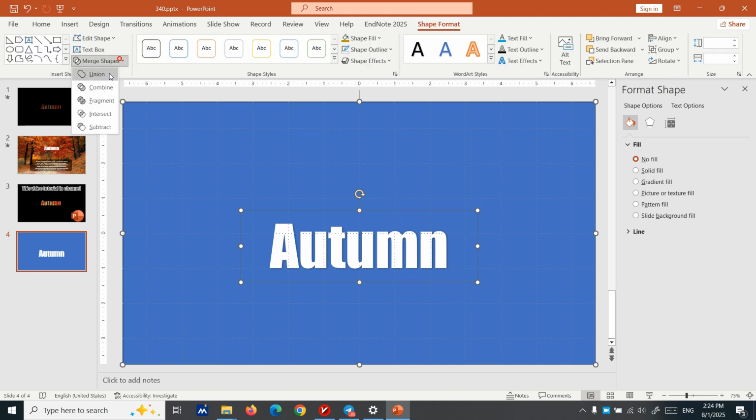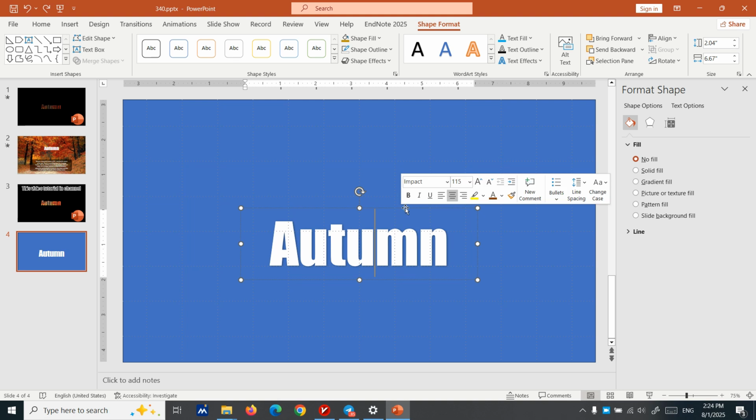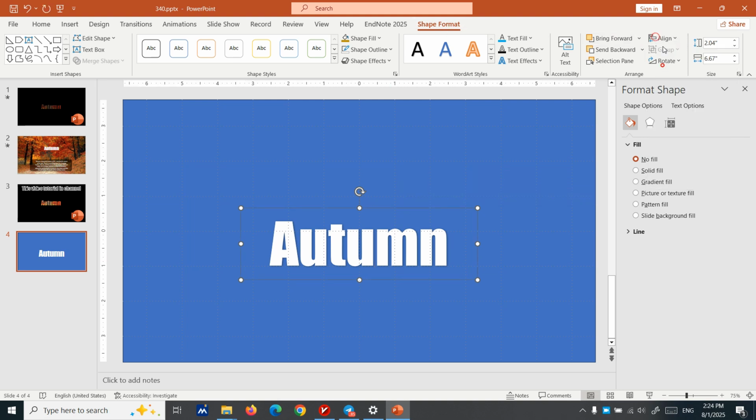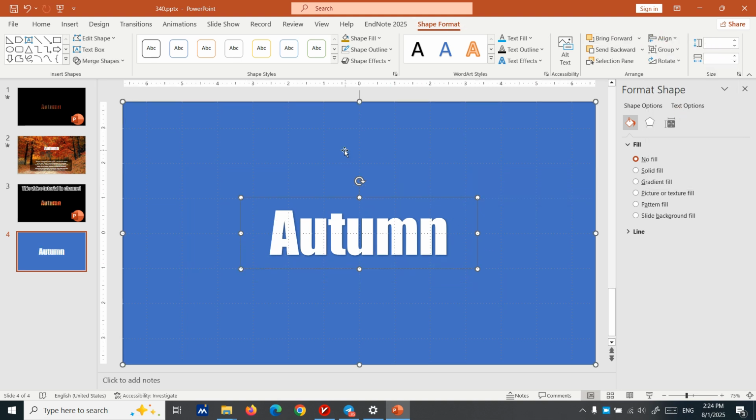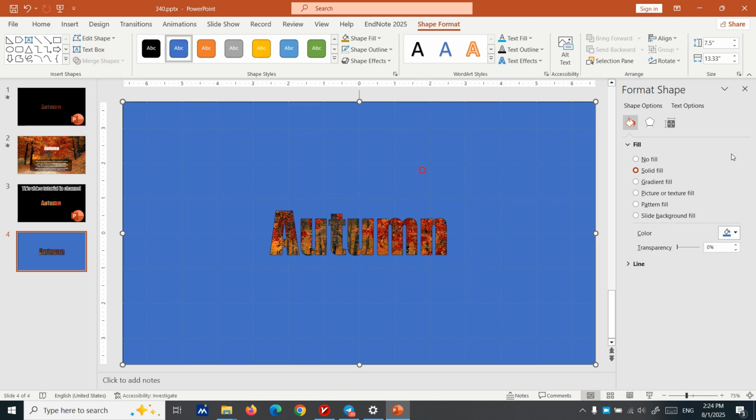Now select both of them, shape format, combine. But another problem we have is that we need to align the center and middle. Select all of them, combine. Then we make the color of the background white